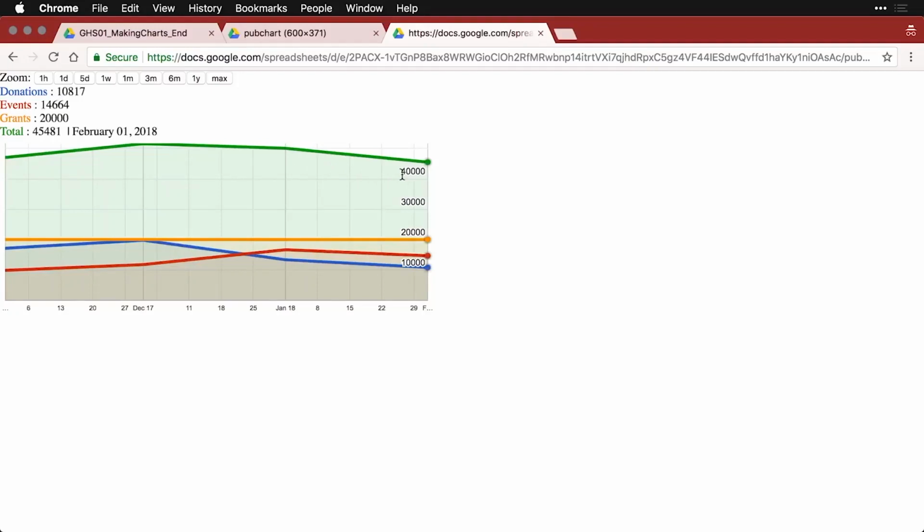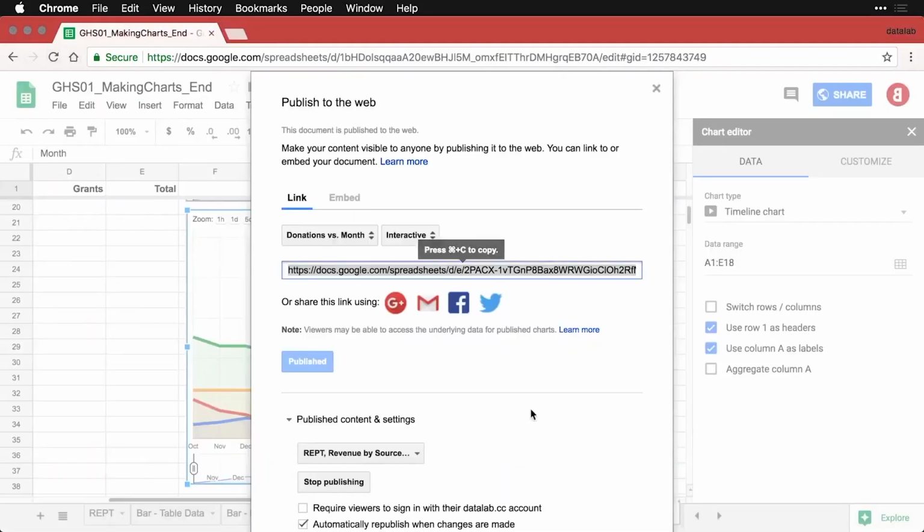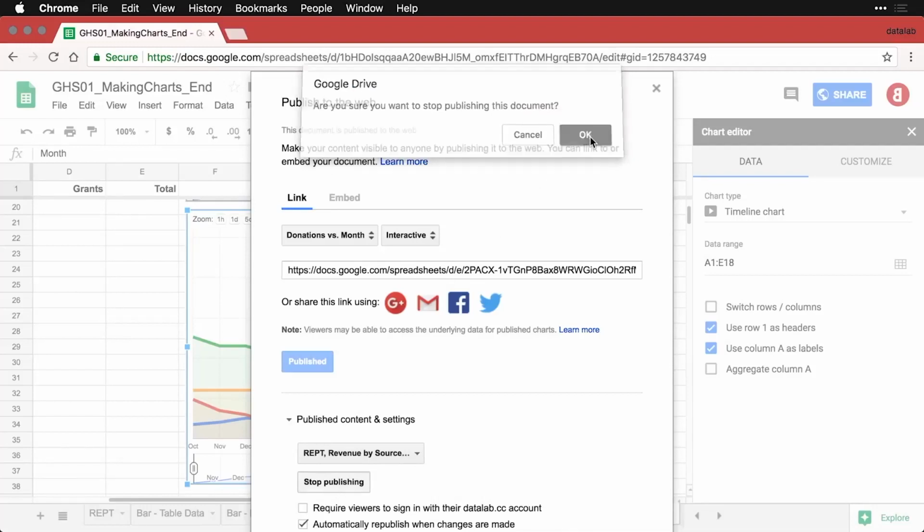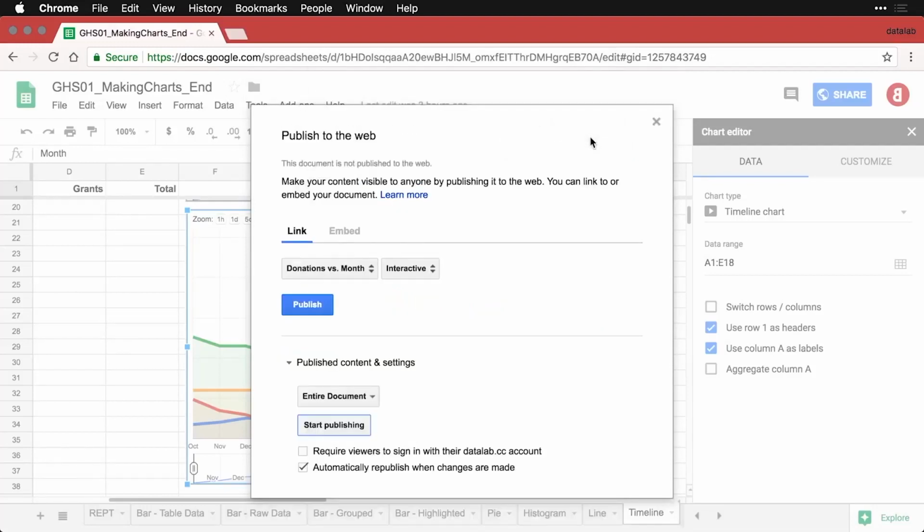Now, I want to finish with one little thing here. I'm going to close these three tabs. And that is, once you have stuff published, the time may come and you don't want it to be out there anymore. And so what you need to do is come down here. This is showing us what's published. We can't scroll up very much here, but you see the check marks next to the things that are published. Just hit stop publishing, and those links will no longer be active, and the stuff is back in your private